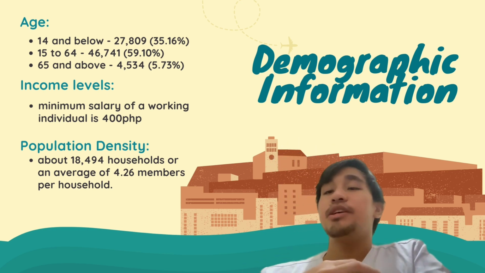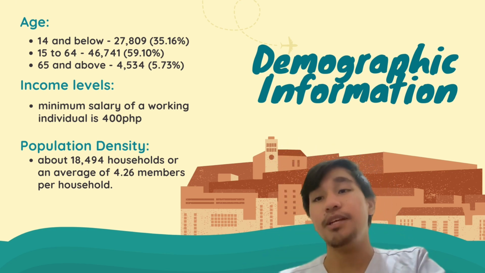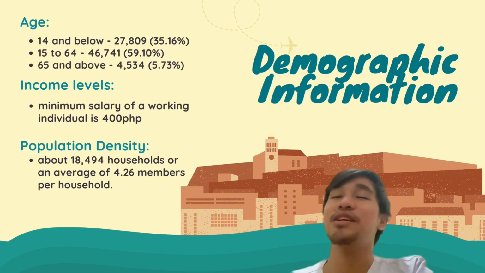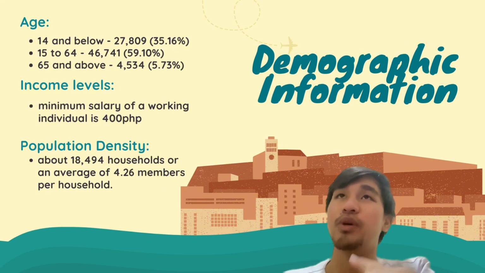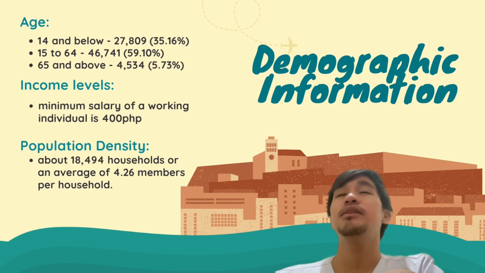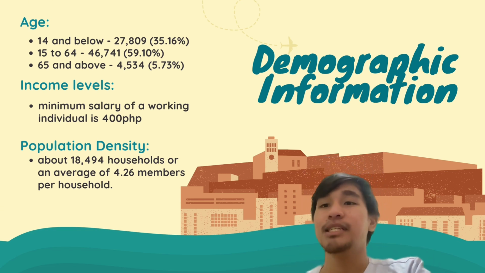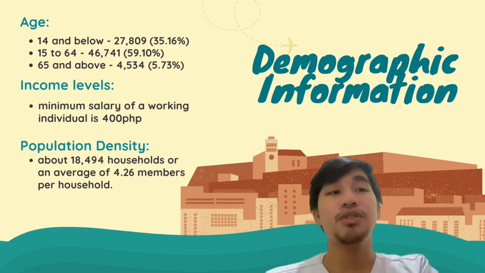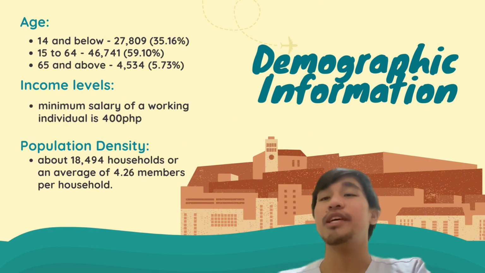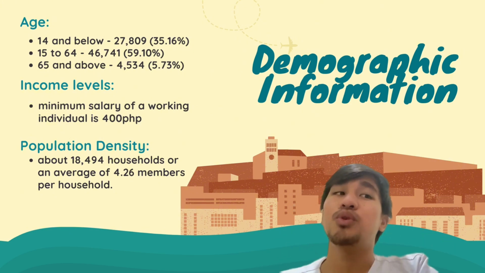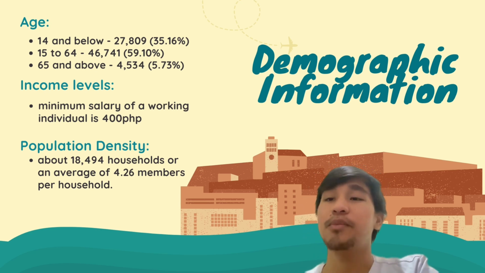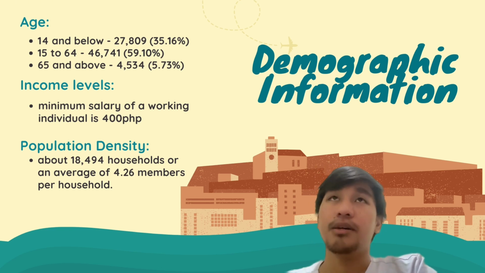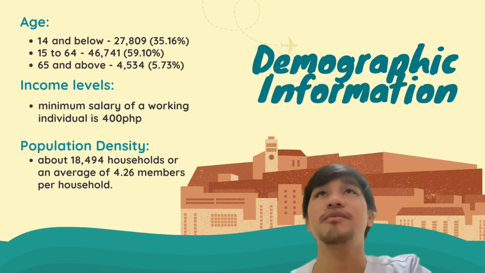The population is divided into three age groups. The dependents, aged 14 and below, make up 35.16% of the population, amounting to 27,809 people. The second is the working class, aged 15 to 64, which makes up most of the population with 59.10%, amounting to 46,741 people. And lastly are the senior dependents, aged 65 and above, which make up 5.73% of the population, or